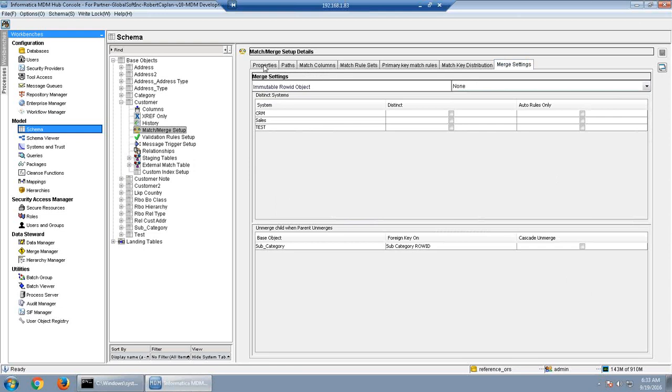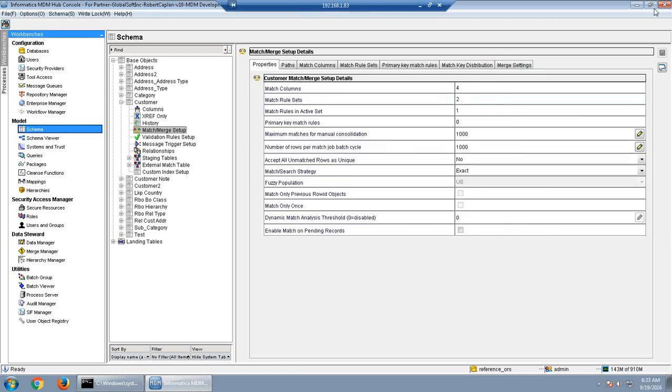Okay, so today we'll be discussing the fuzzy part. This is the one we had done previously for the customer table, where we had selected the match and search strategy as exact. Now we will click on this drop down and select match and search strategy as fuzzy. Fuzzy has to be selected for all the business tables where we expect certain variations in the data, and to match that data we need the fuzzy logic to be implemented.